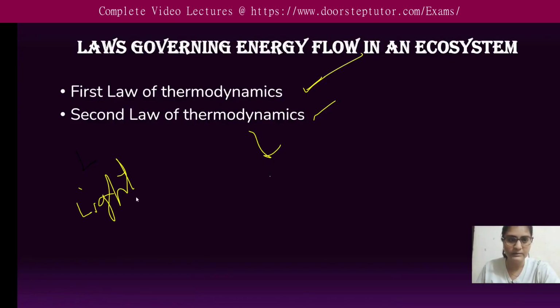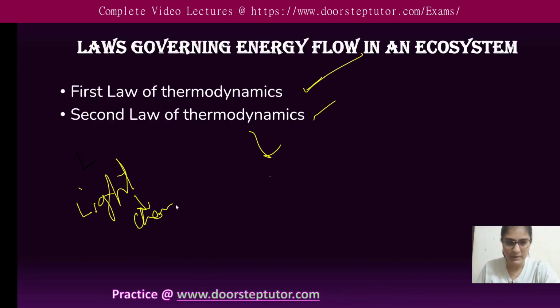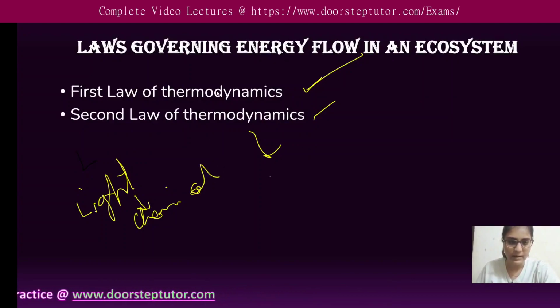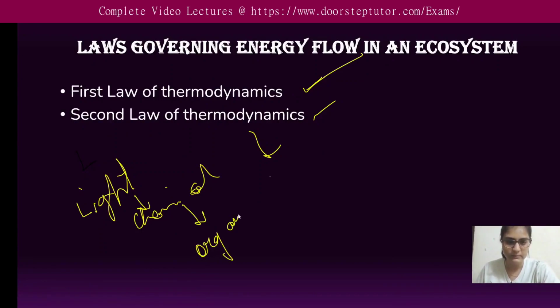So sunlight, plants take sunlight through photosynthesis. This light energy is converted into chemical energy by plants, and this chemical energy is stored in the plants in the form of organic molecules,